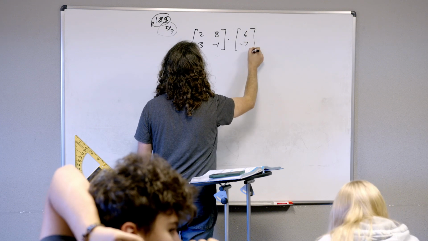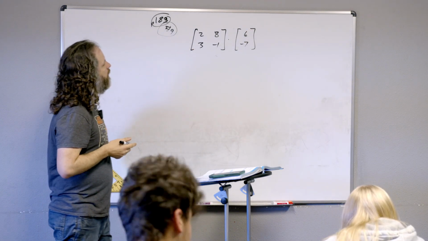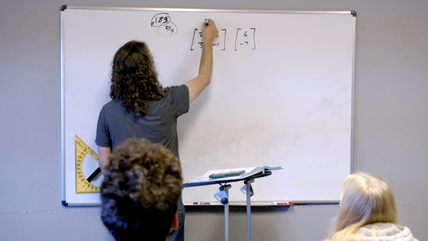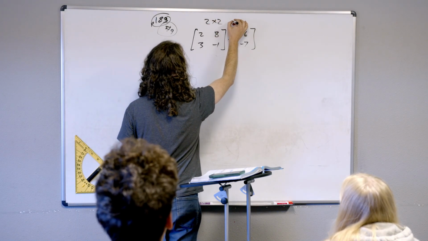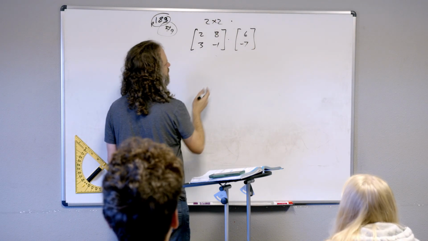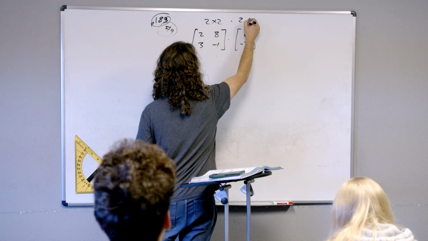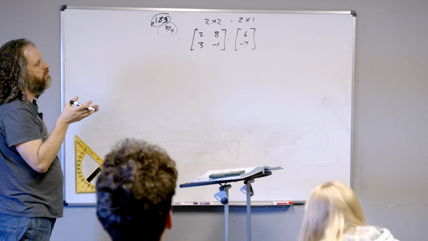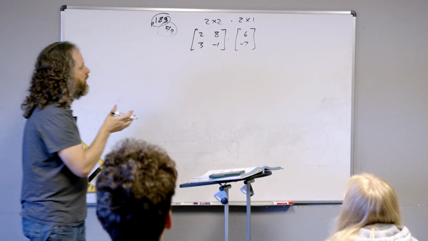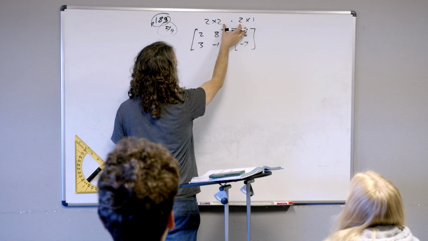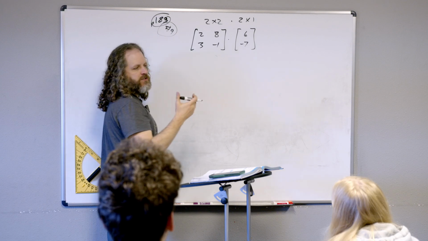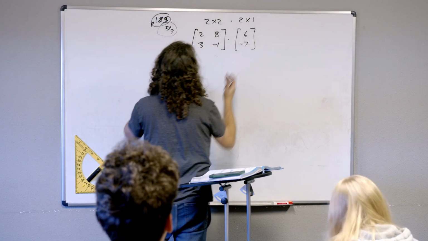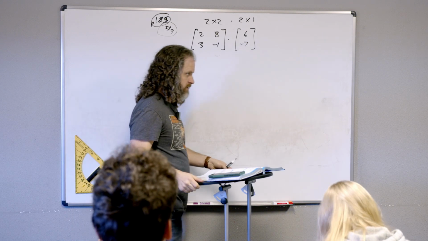Okay, so what is this? What size is it? A 2 by 2, and then we're timesing by a what? 2 by 1. Okay, so what has to be true for it to be possible to multiply them? Those 2. The rows of the column. So the inside ones have to match. How big of a matrix are we expecting? A 2 by 1. That's the outside ones, right? Okay, so